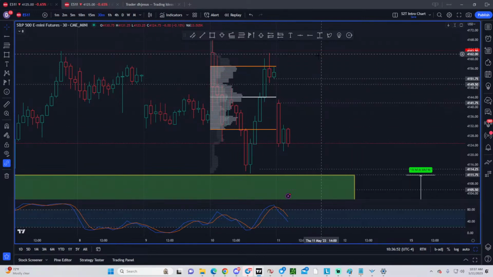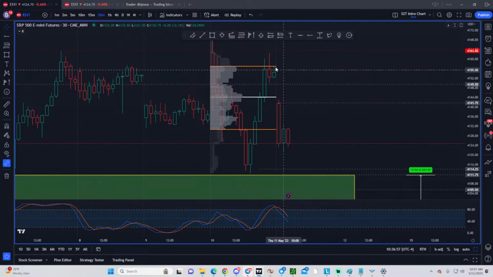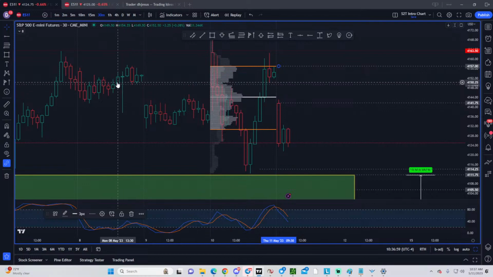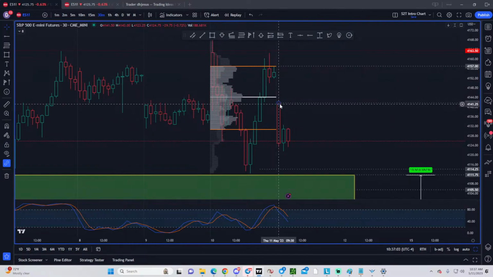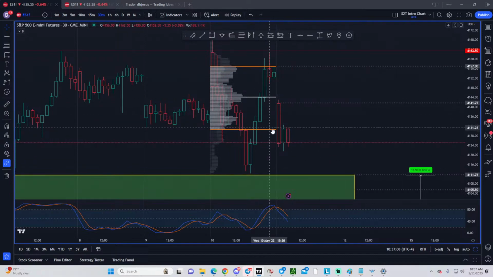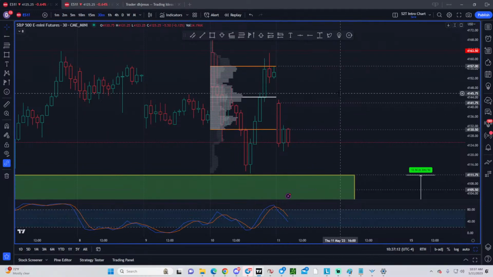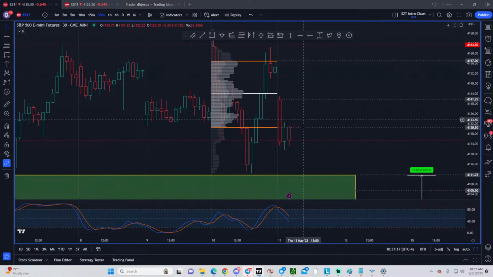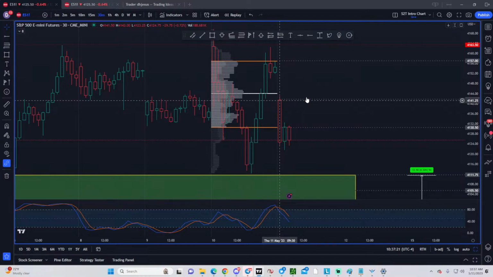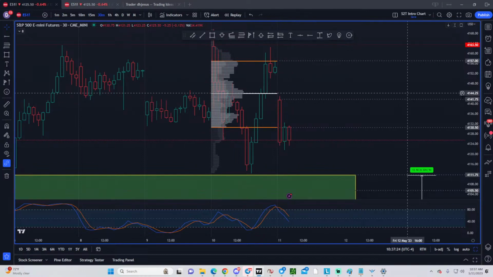This is POC, value area high, value area low. So let's do this. Let's move all these lines. Opening price, value area high, value area low. So now we got 3 data points in here. 3 data points. So when we open here, you can easily say